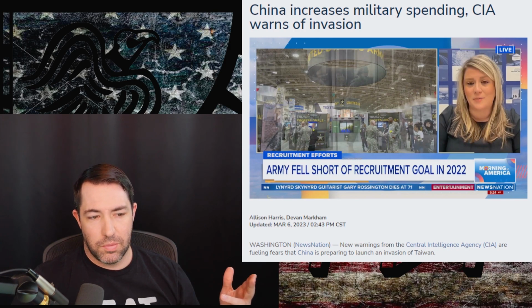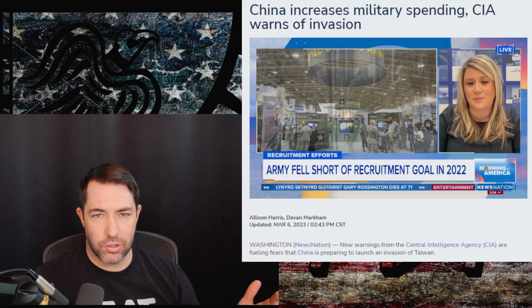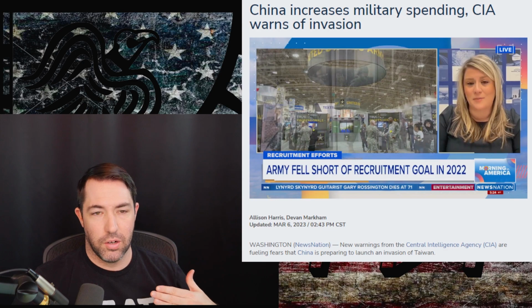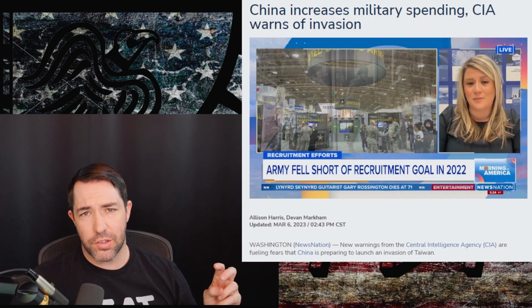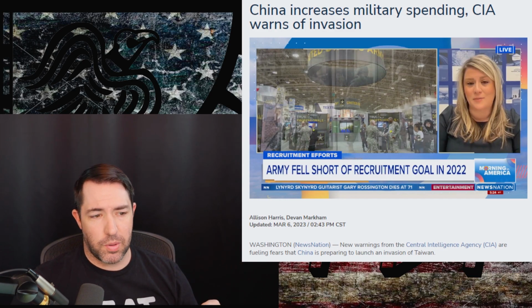And number two, even if they did, what are we really going to do? Unless we're actually going to follow in the footsteps of some other administrations who've been more strict on China, which again, I just don't see this administration being. They haven't been strict on China. They completely reversed how strict we were being, just giving back everything. So I don't see what serious consequences our government officials are talking about that they're going to uphold over China,